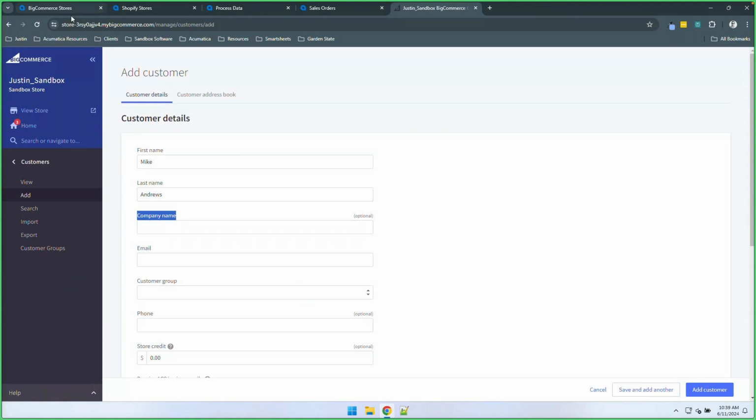As opposed to in Shopify, where you go to a specific section and enter the company, in BigCommerce, if you leave this field blank, then it knows we're dealing with an individual or separate entity. We're just dealing with Mike, as opposed to Mike representing or being part of another company. And so in this case, we might say something like,